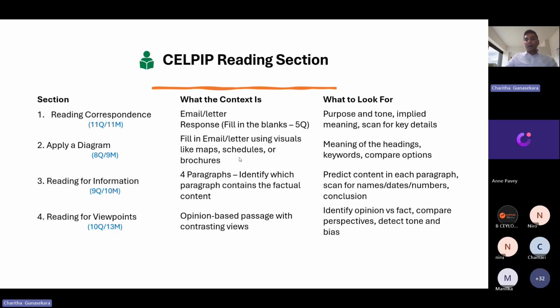You will get some visuals. It might be some different modes of transportation, right? For example, commuting through buses, commuting through trains, commuting through air, right? What are their costs? What are their timings? What are the additional benefits and features it offers? Something like that. So when you're doing that, you need to